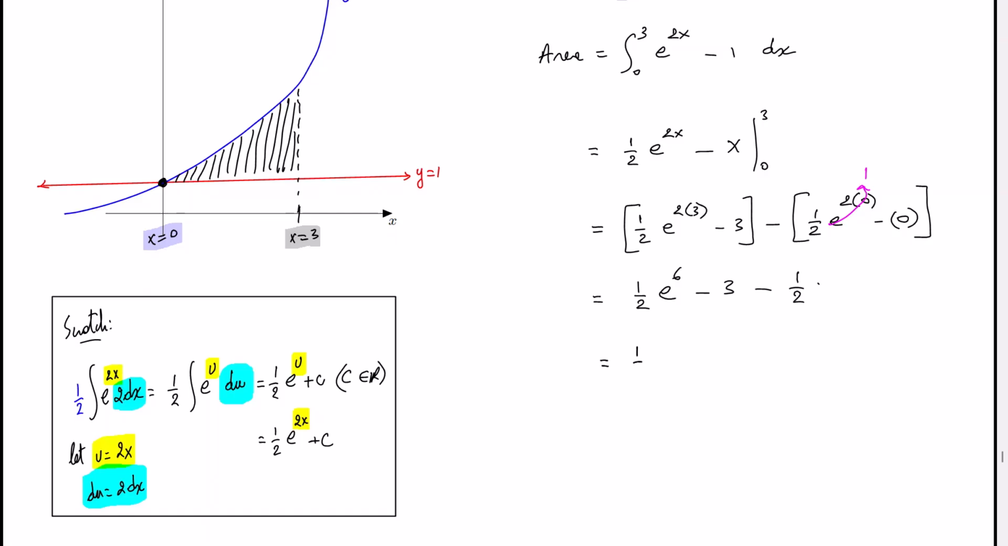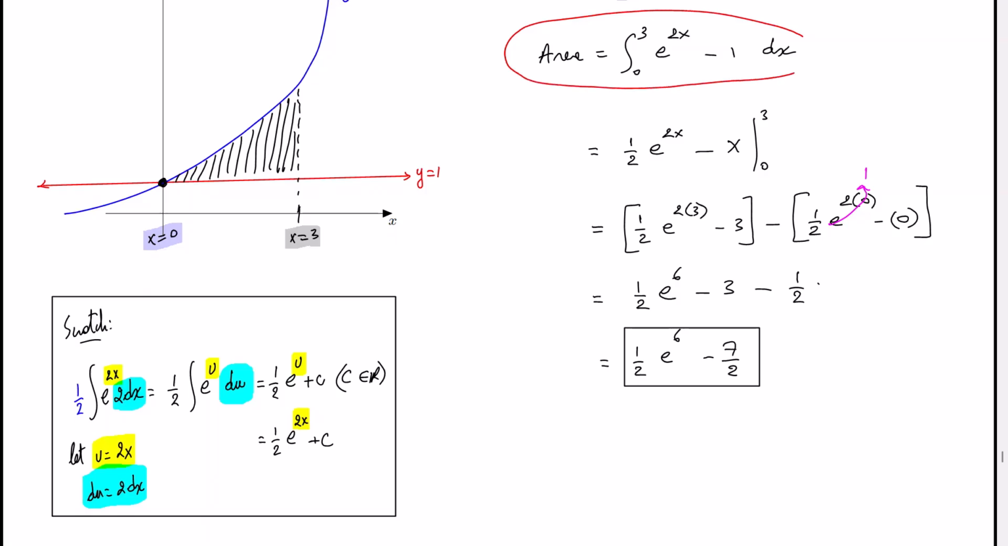So ultimately, my answer is just 1/2 e to the 6, and whatever I get from adding -3 and -1/2. So -3 minus 1/2. I'll need a common denominator, let's say 2. So that's going to be -6 minus 1, so -7/2 is my final fraction. So this is the final answer, and let's confirm that our answer is correct by plugging this portion into the